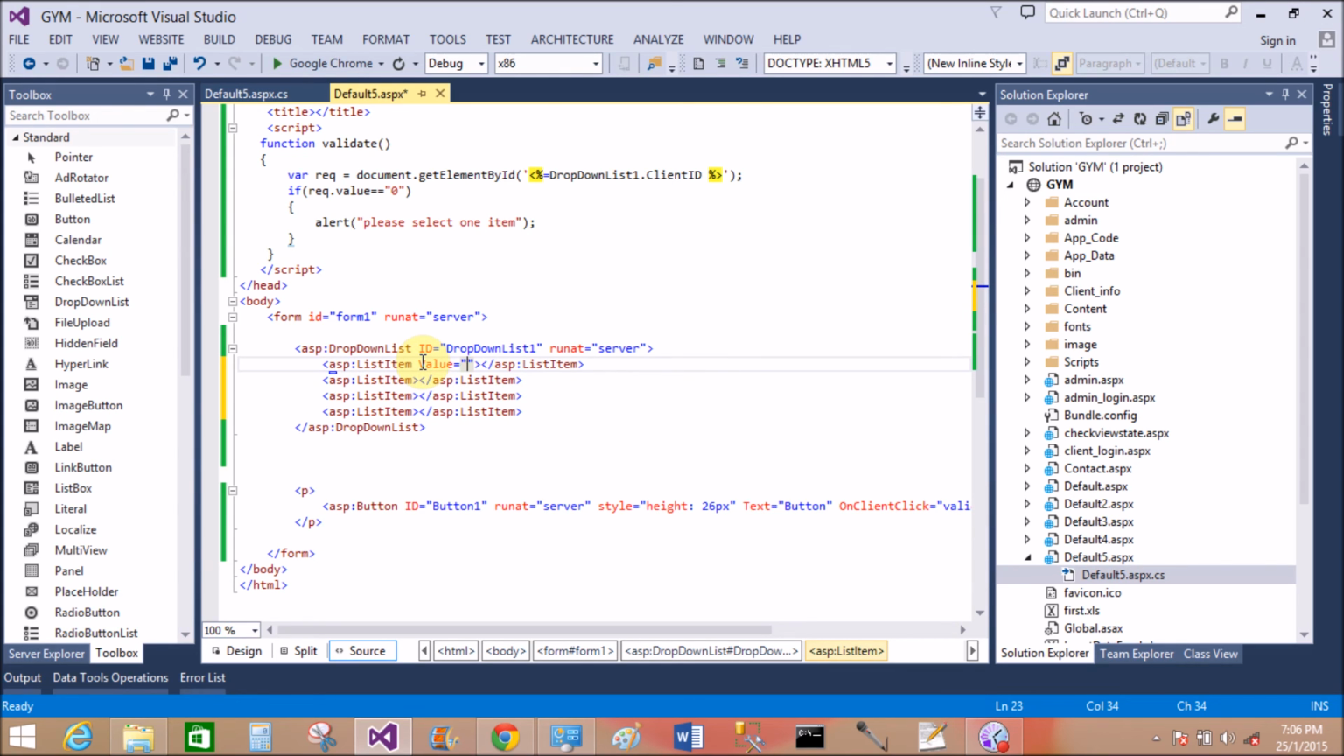Inside the list item you can add the text and value property. Value is 0 and text is select. Okay, now similarly add this attribute in the asp:ListItem tag and change the value to 1 and text to education,